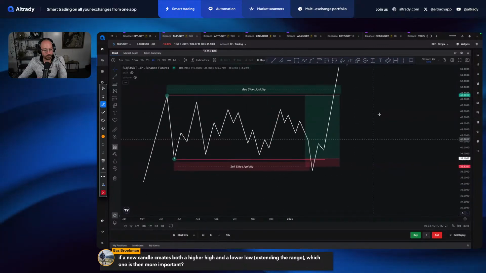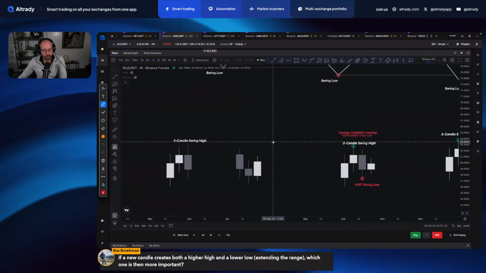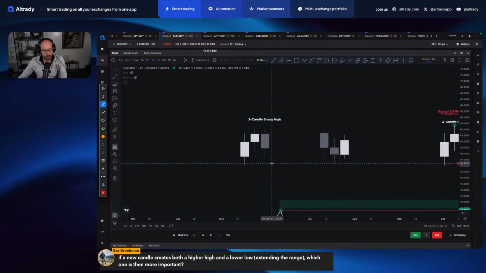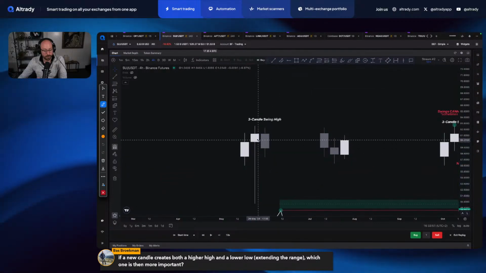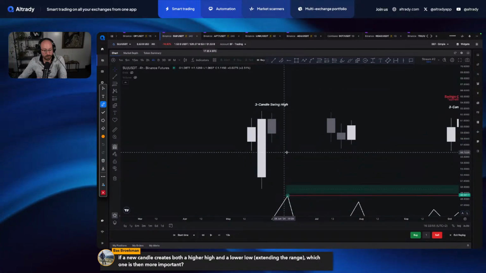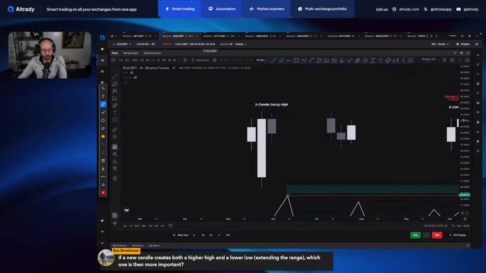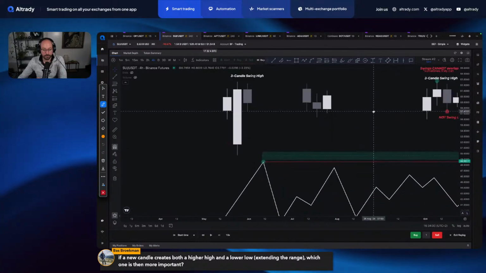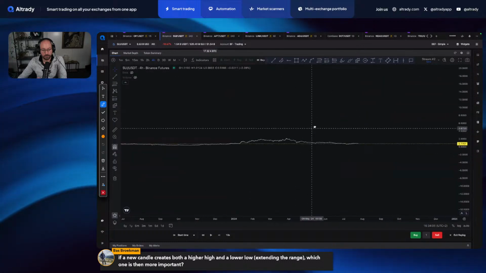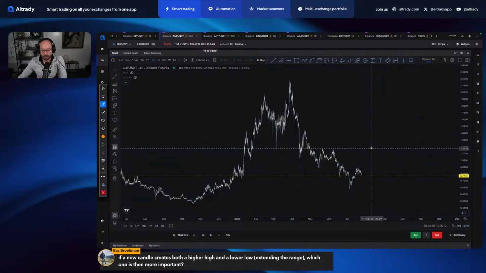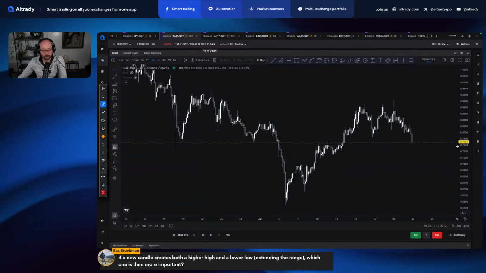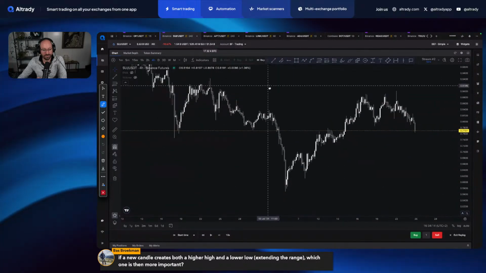Let me see if I can find it. Yeah, so you want to wait until you have 3 candles. And if you have this one candle that is doing like this, then you usually want to ignore it. Yeah, this is not a real swing one. But it depends, because a lot of things can happen on the market, and every case is unique. And sometimes you need to break the rules and do something else. I mean, sometimes it works. Okay, so